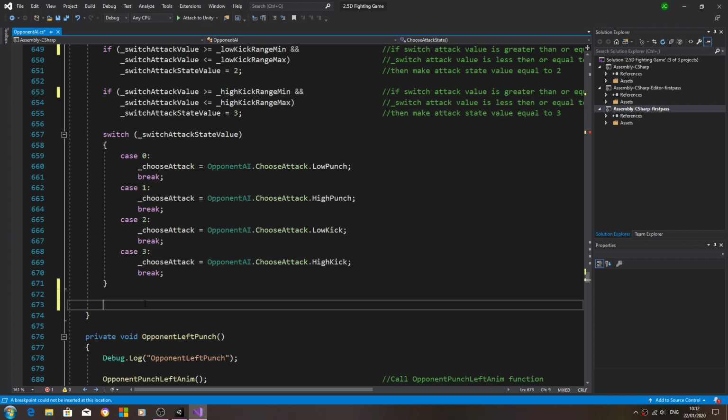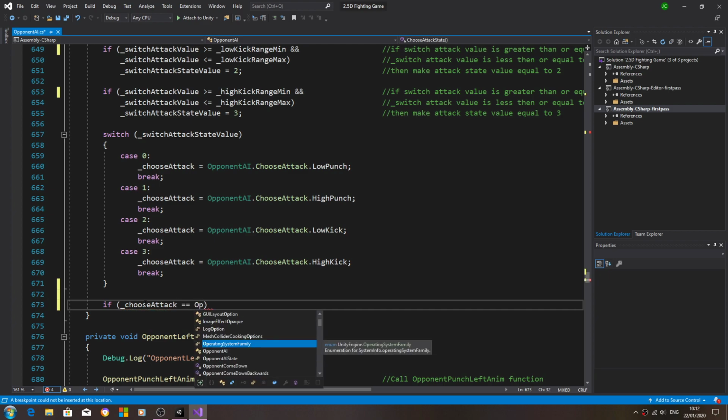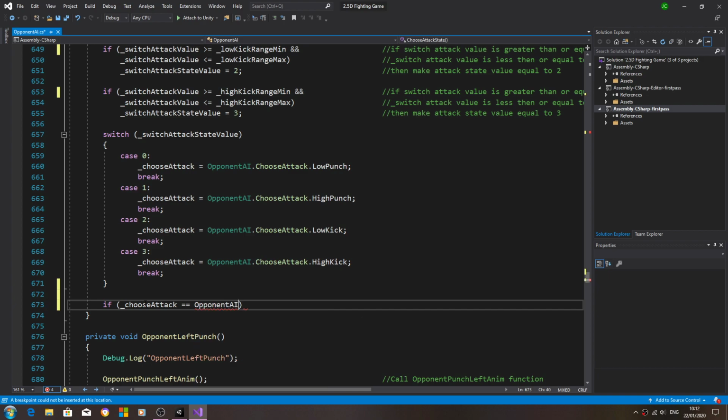So between these two, we're going to say if, open and close brackets, inside the brackets, choose attack, double equals, and we want opponent AI dot choose attack dot low punch. We'll put this into the comments. So if choose attack equals low punch,